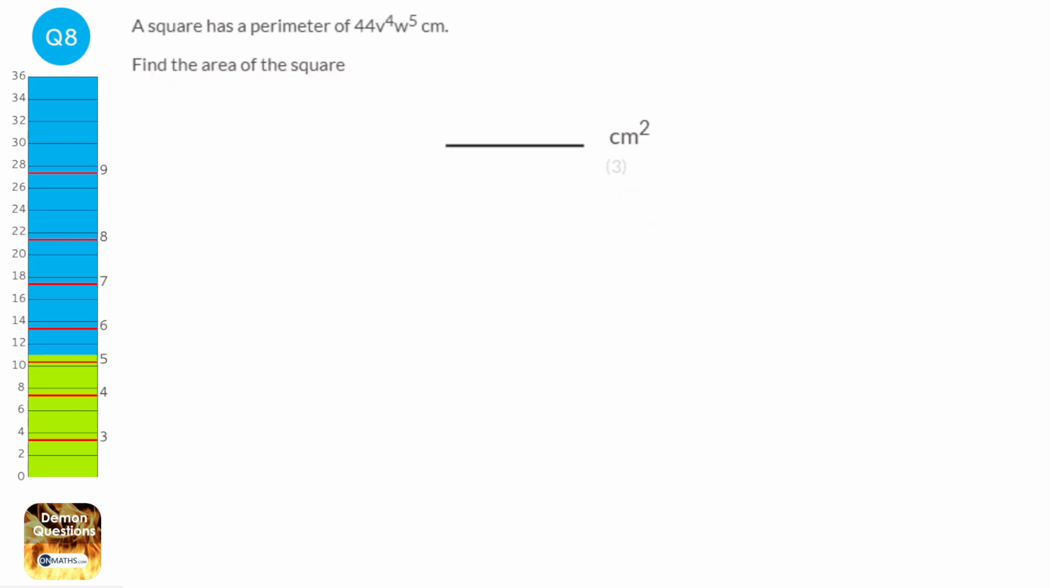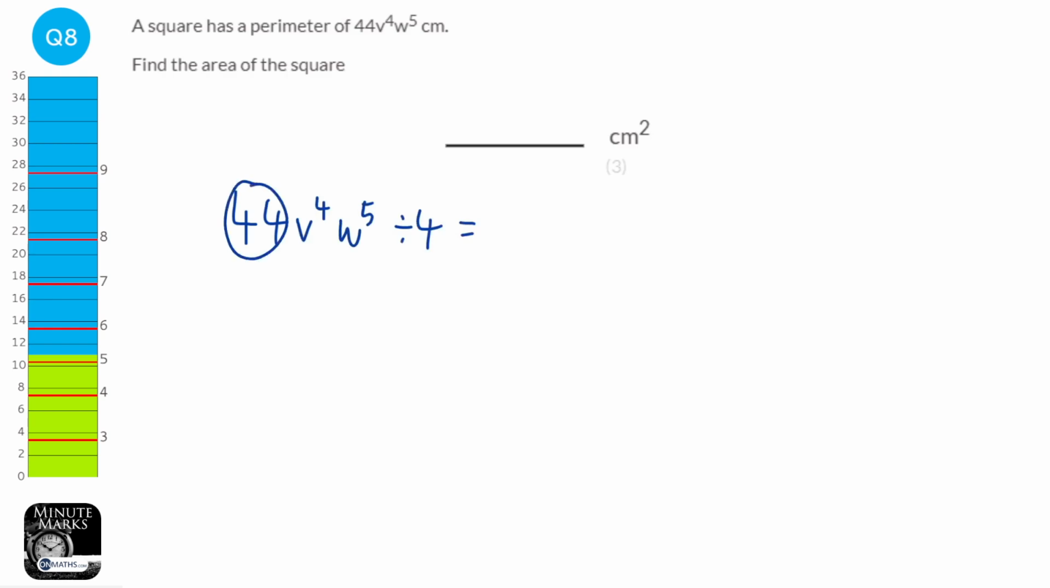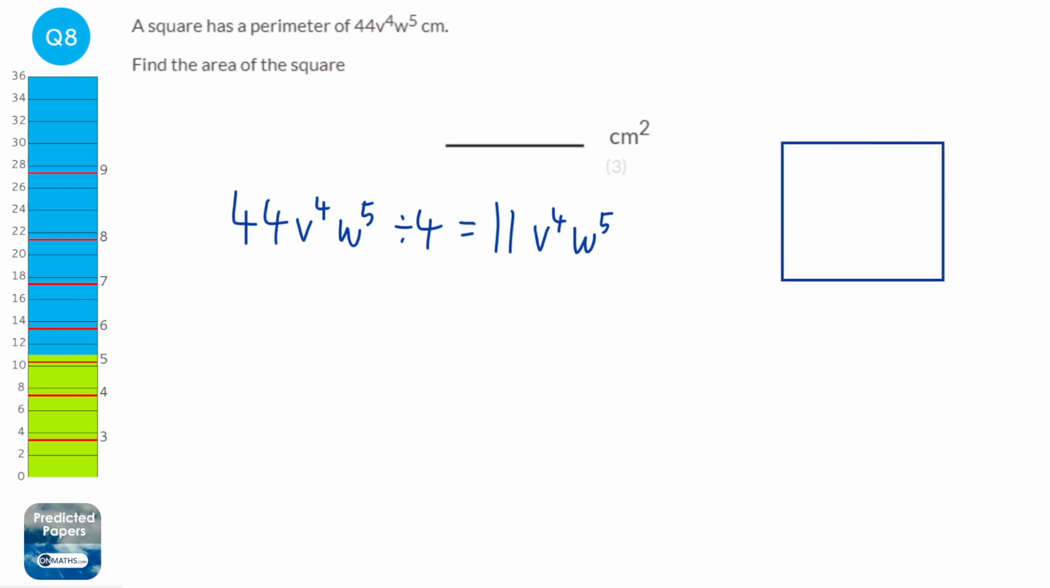So we need to first of all work out what the length of the side of the square is. To do that, we get the 44v to the power of 4, w to the power of 5, and we just divide it by 4. All we need to do is divide the coefficient by 4. So it'd be 11v to the power of 4, w to the power of 5. Some people will try and do something with the v to the power of 4, w to the power of 5, but if you think about it, if I just draw out my square, if it's 11v to the power of 4, w to the power of 5 all the way around,